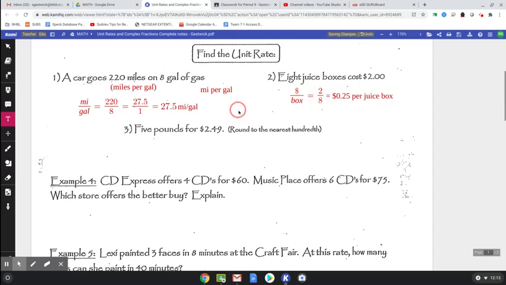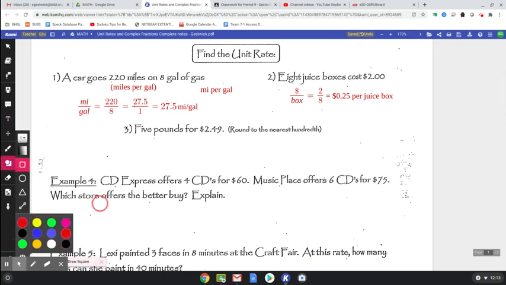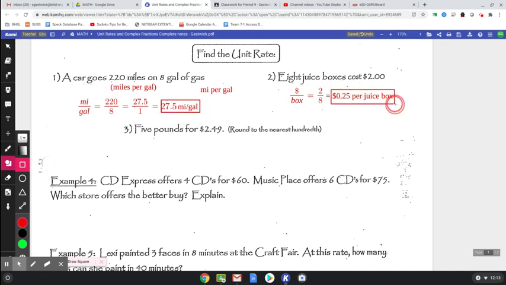Okie doke. Should we box our answers? That's always fun for me. All right, so 27 and a half. This is 25 cents per juice box. Boom. All right, 5 pounds for